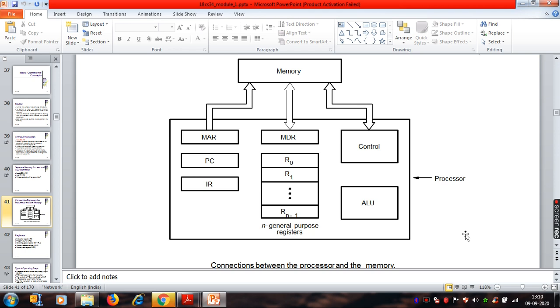Just recall the previous example, that is add location A. Consider the execution of that particular instruction here. To perform a task, as we discussed before, we need two things, that is instruction and data, right? You can see these two registers here, the memory data register and memory address register. We need both the instruction and the data.